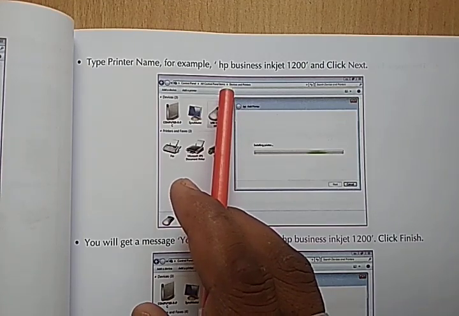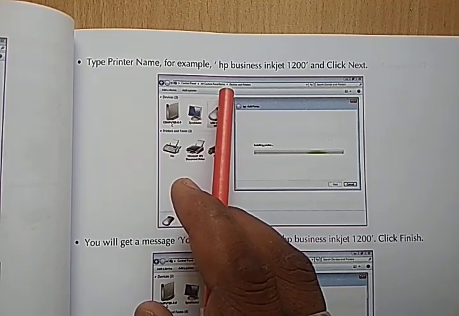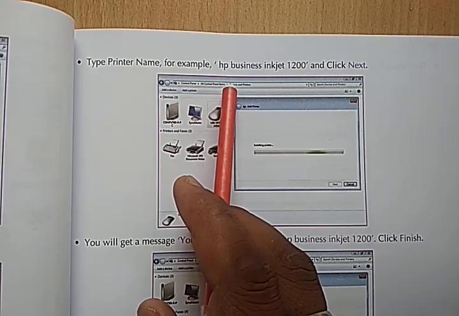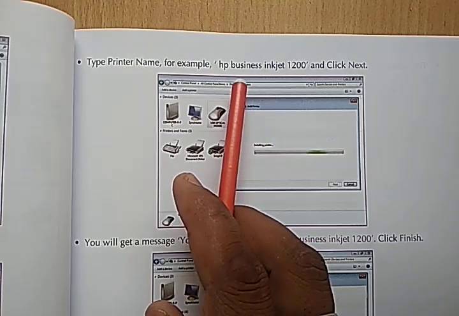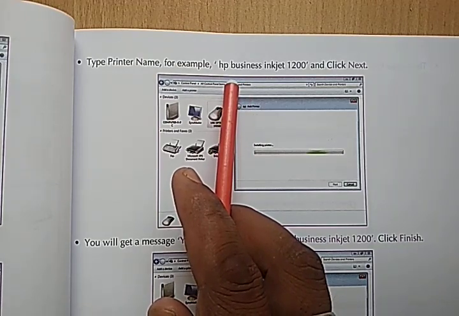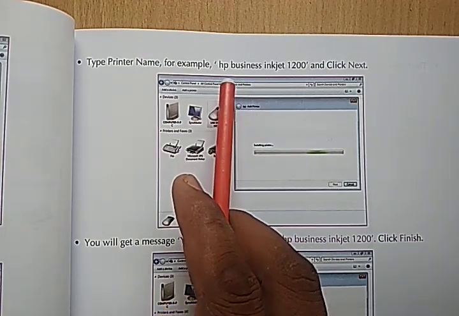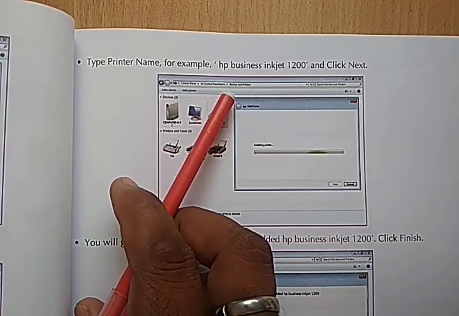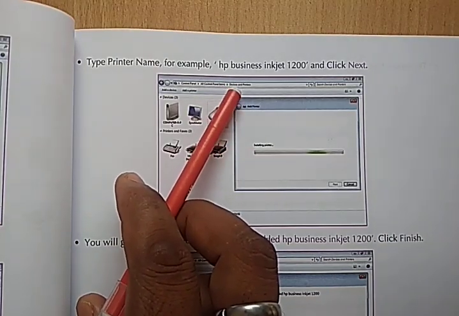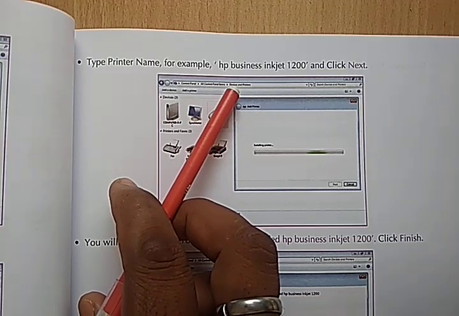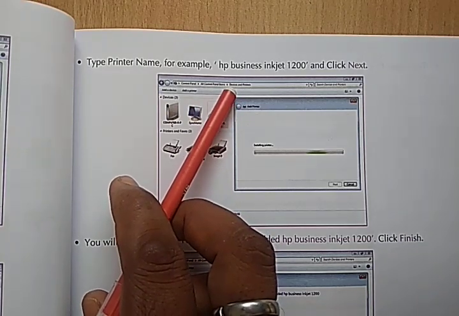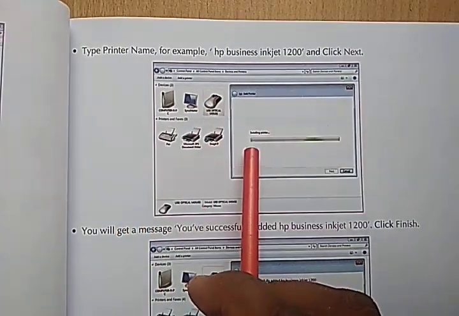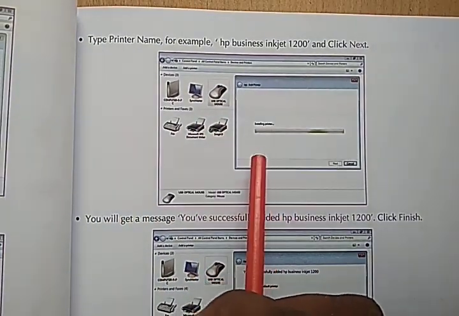And if your printer name is HP Laser 1020 or whatever your printer name, you have to search here, type the printer name.